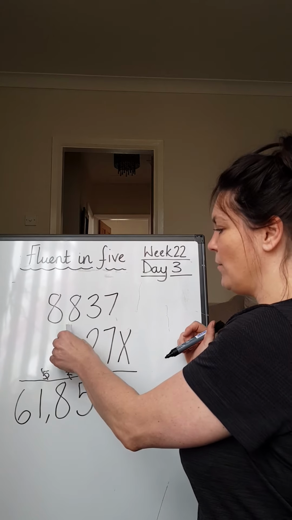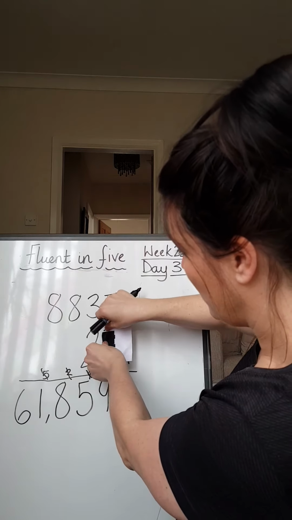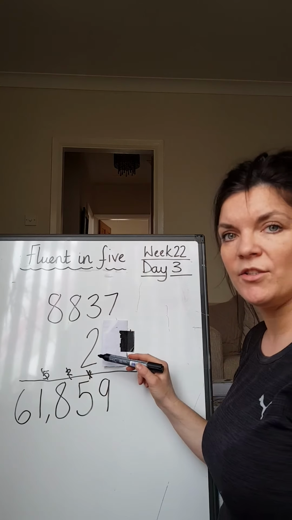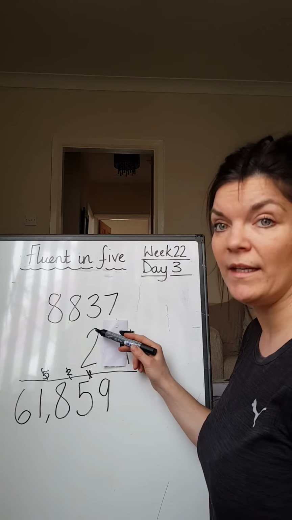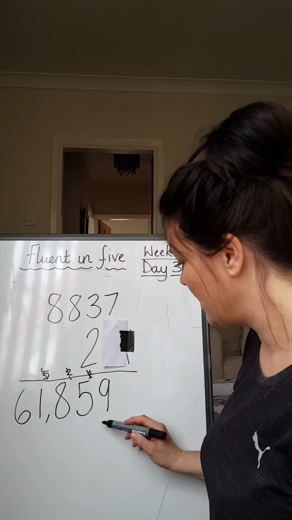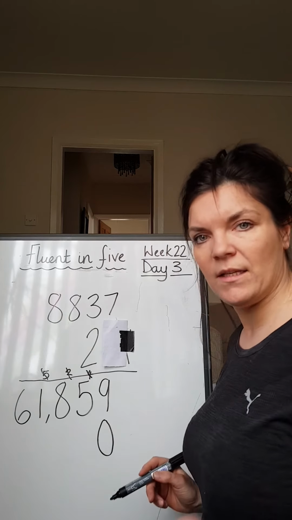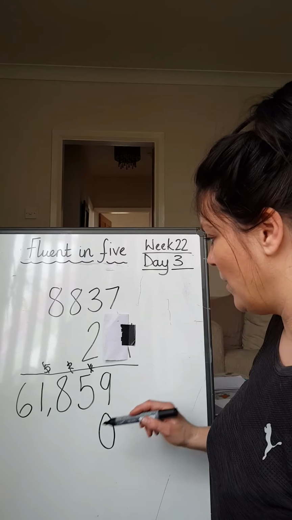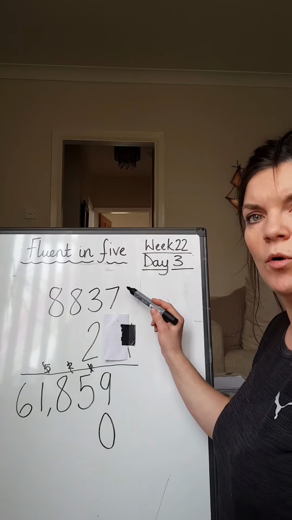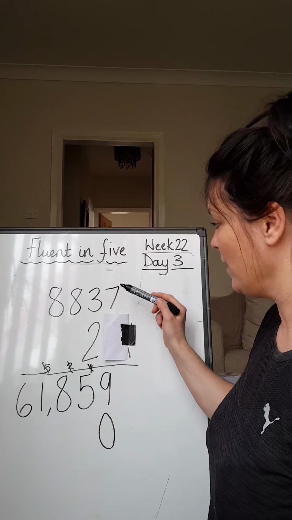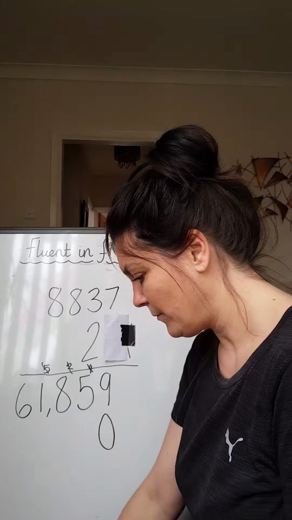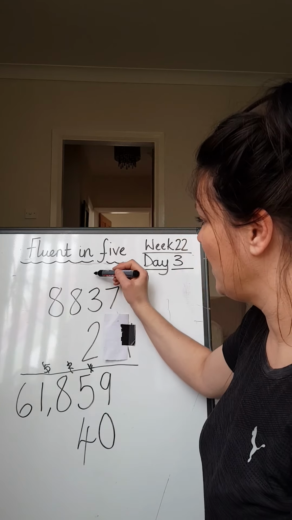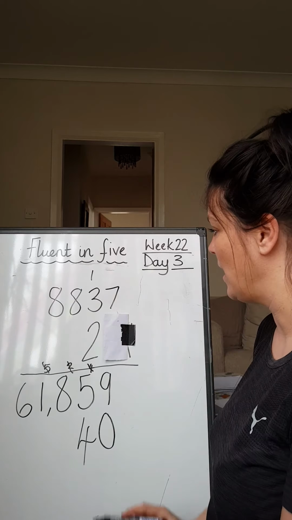Okay, right, I'm finished with the 7 now, so I might as well cross that one over. Now I am just timesing by the 2, which stands for 20, doesn't it? Because it's in the tens column. So I need to remember the very important 0. I hope you can see this. Oh, my phone doesn't fall over again. So I'm putting in the very important 0. Now I just do exactly the same thing. 7 times 2 is 14. 4 in the box. Oh, got no doorstep left. I'll put it in the sky.